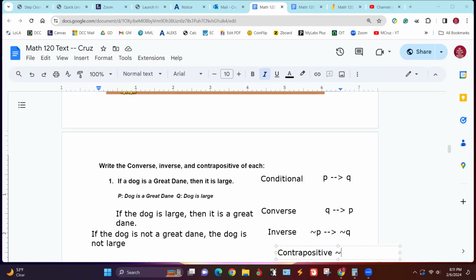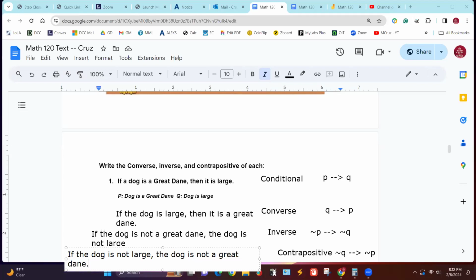So this is, if not Q, so if the dog is not large, the dog is not a Great Dane. So there we go. There's all the four iterations of it.